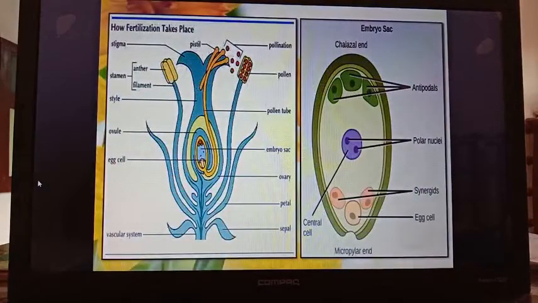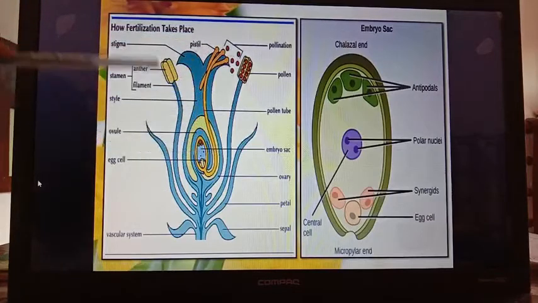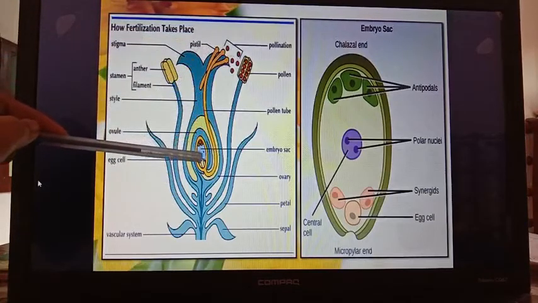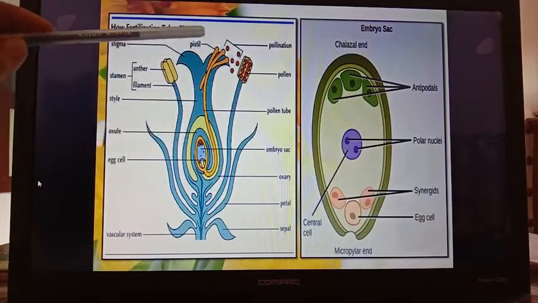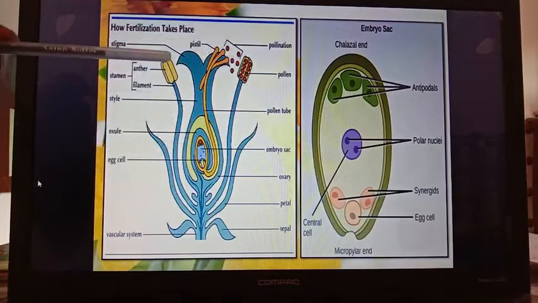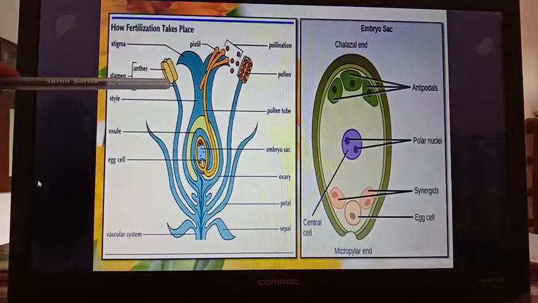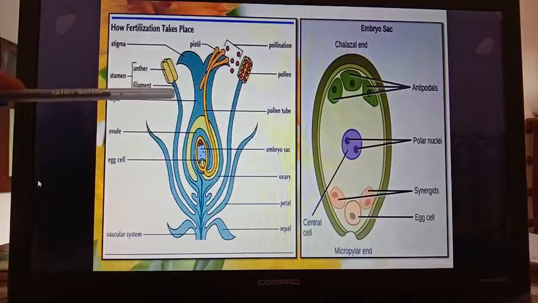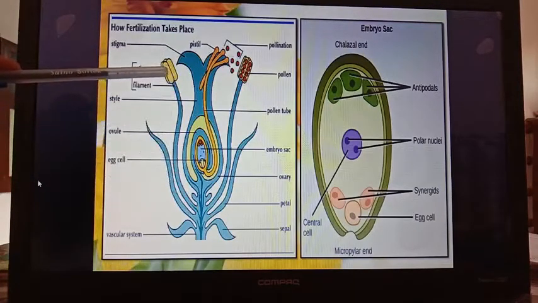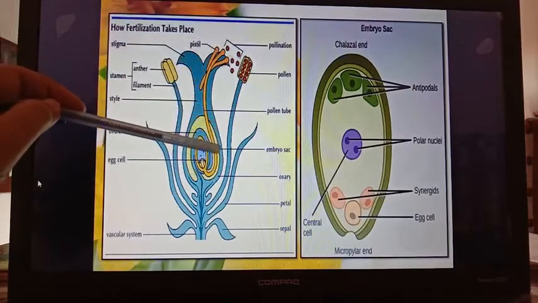Before discussing the fertilization process, you have to understand the structure of mainly the female reproductive part and the male reproductive part, that is the gynoecium and the androecium. The androecium part has already been discussed, but I am repeating once: it mainly consists of two parts, anther and filament. Inside the anther, pollen grains are produced. And this is the part that is named